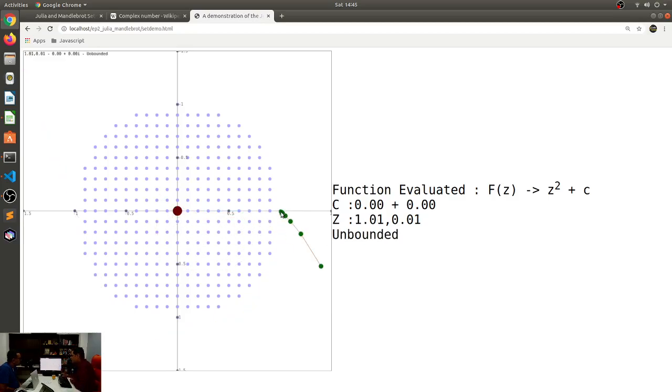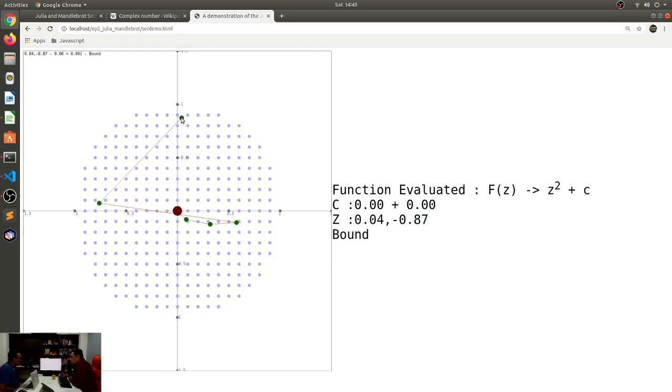But as soon as I exceed 1, it remains unbounded, and there are no values that remain bounded. But as soon as I put it over here, it remains bounded to that 0. Which means if I apply this formula to the values of C and Z here, they will all tend to this one.